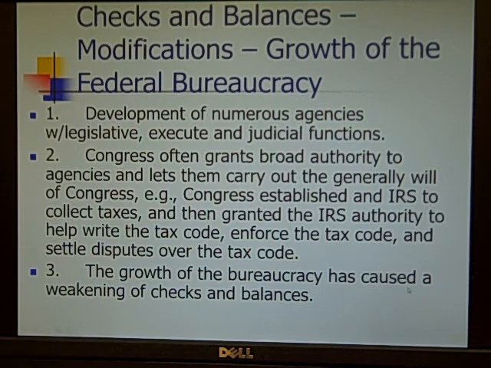Additionally, we have the growth of the bureaucracy. It's a modification to our checks and balances system. This is actually something that weakens our checks and balances. Again, we'll get to this in more detail when we get to the bureaucracy unit. But basically,